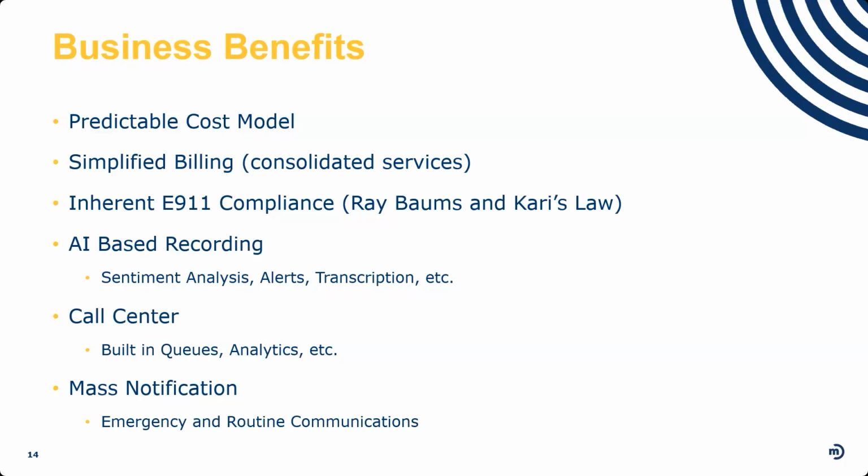And then Kari's Law is the other part of it, where essentially you have to allow users to dial 911 without a 9 or 8 in front of it, so no prefixes. And then you do have to notify somebody internally or within the company or that building, particularly, that 911 call was made. So when the emergency services show up, they know where to actually send those people to help the person that's in need.